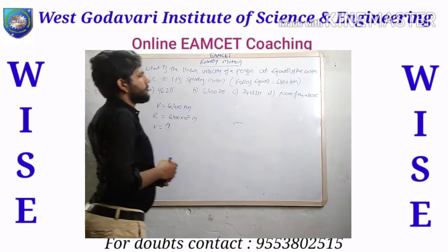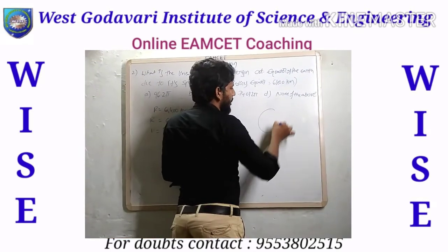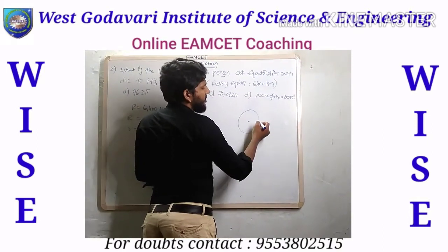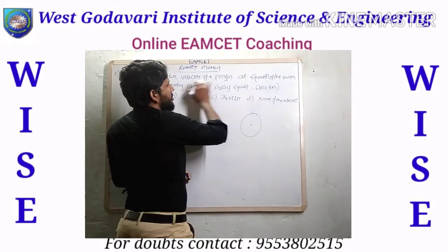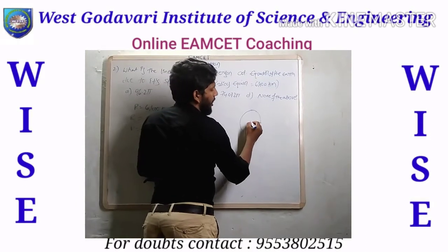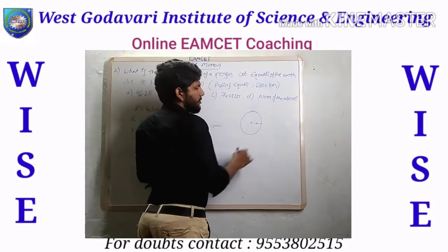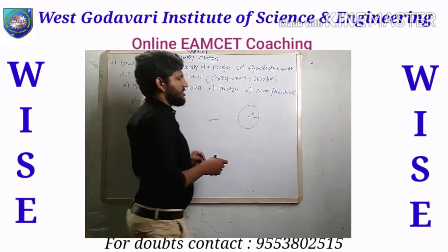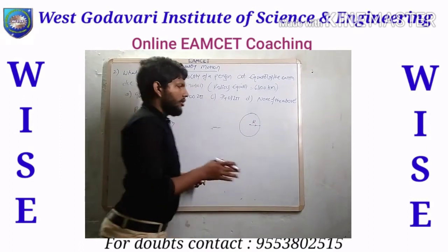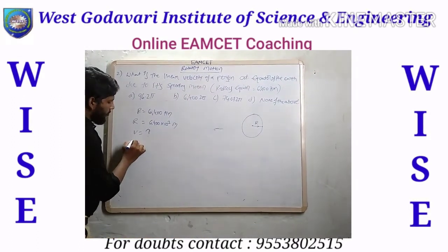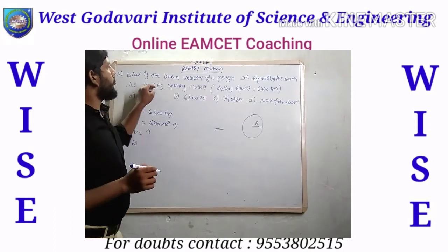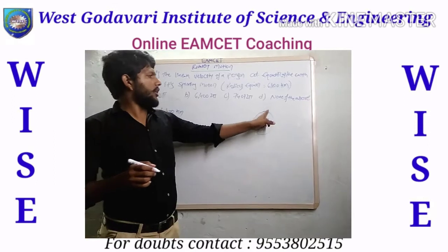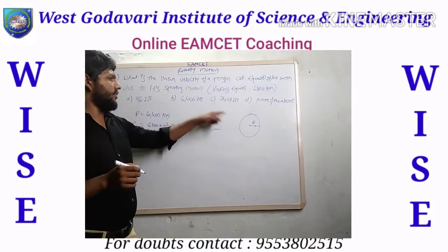So let us see, the earth is like this, okay, and the center is like this. A person is on the surface of the earth at the place of the equator, right? So the distance of this one is r. So we need to find the linear velocity. What is the linear velocity of the person? Now we know that for the spinning motion of the equator of the earth, there is one rotation. Here the earth is going to rotate once. That's why the radius is r.